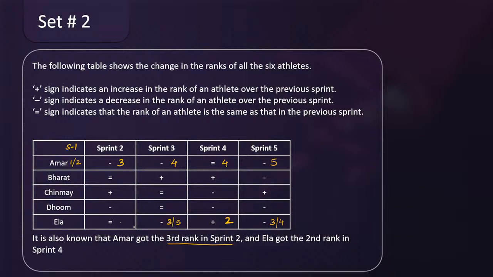Okay, चले आगे. Second, so यहाँ पे 3 या 5 in sprint number 3, Ela's rank can be either 3 or 5. All right, 3 या 5 में से कोई भी हो सकती है, and then the rank will improve to rank number 2, and then after there is a decrement. So it will become either 3 or rank 4. We have a clarity about this.